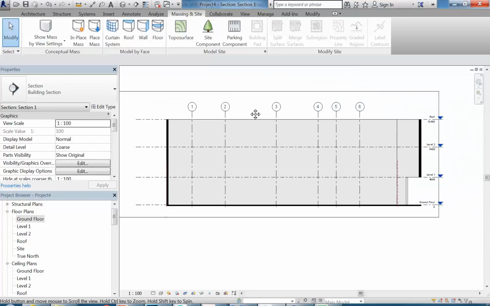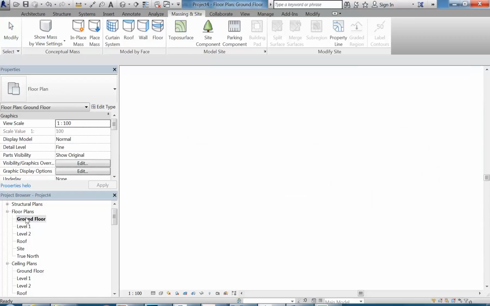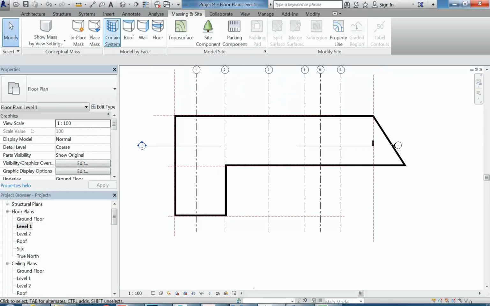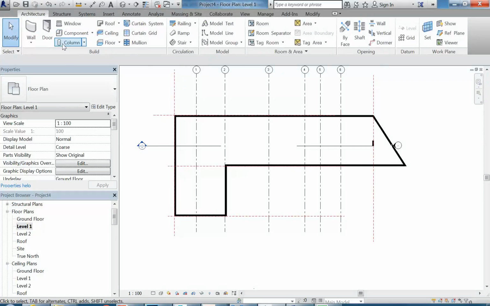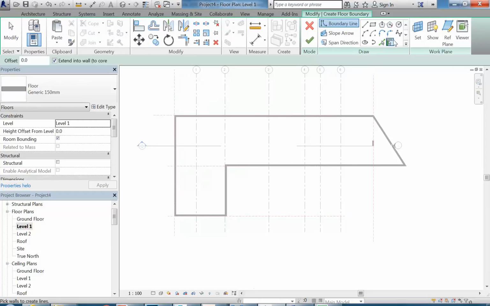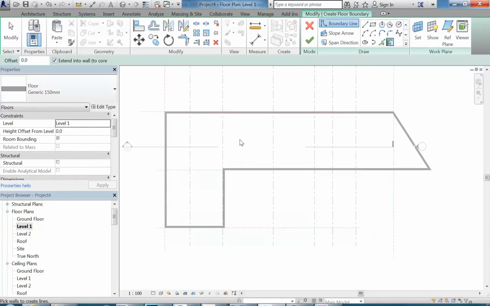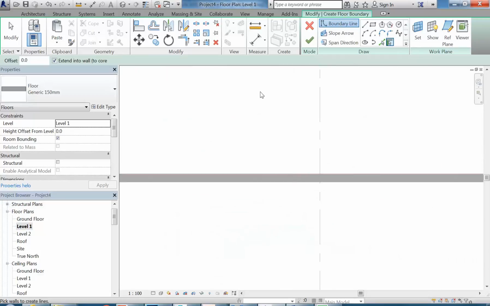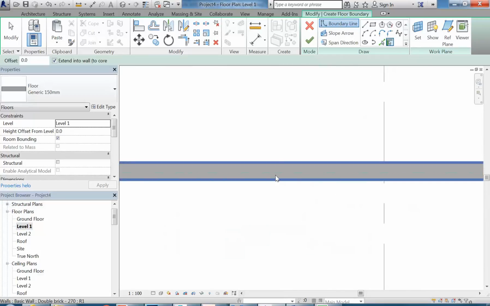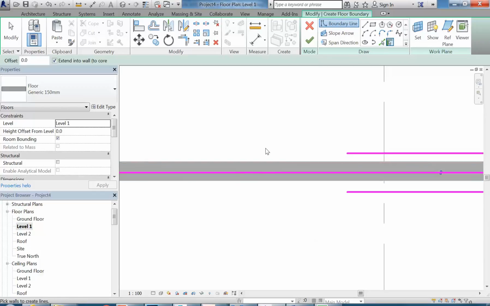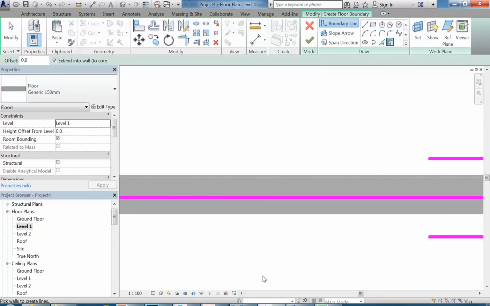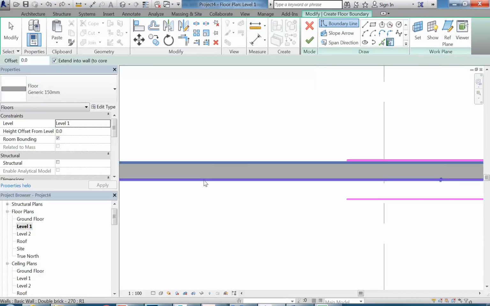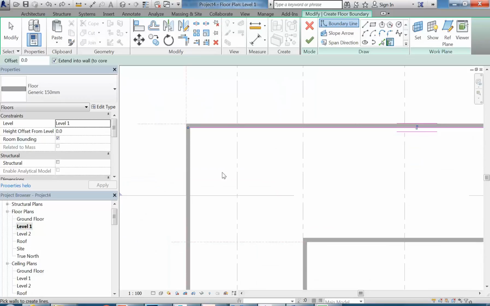Yeah, yeah. So now, if I go and make floors on the level above, so if I click on the floor tool now, and again just use pick walls, where would the edge of the floor go here? Where should it go? Yeah, interior is probably the easiest. If you want to do it the way it's probably built, you could do it on the core boundary there and have it cutting into the wall slightly. But for an interiors project, usually it's fine just to have it on the inside face, like that,